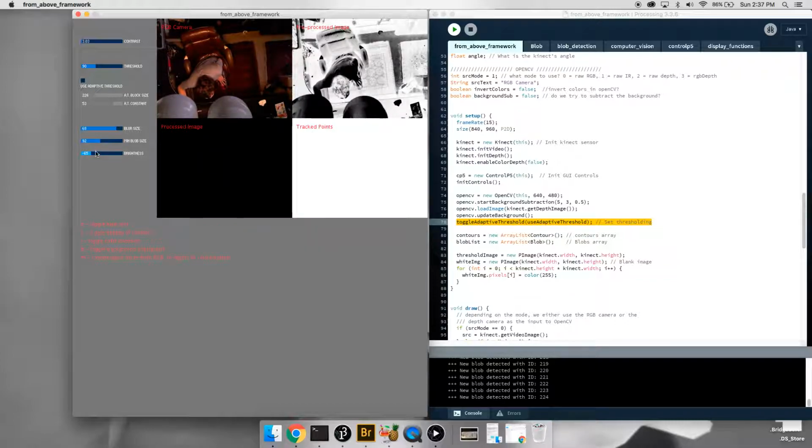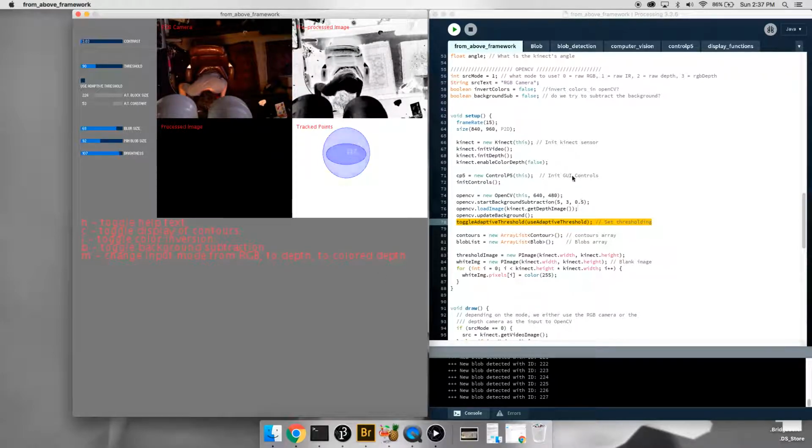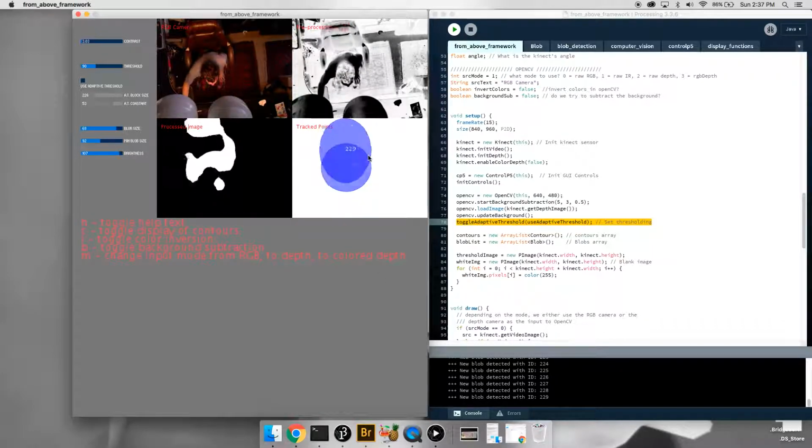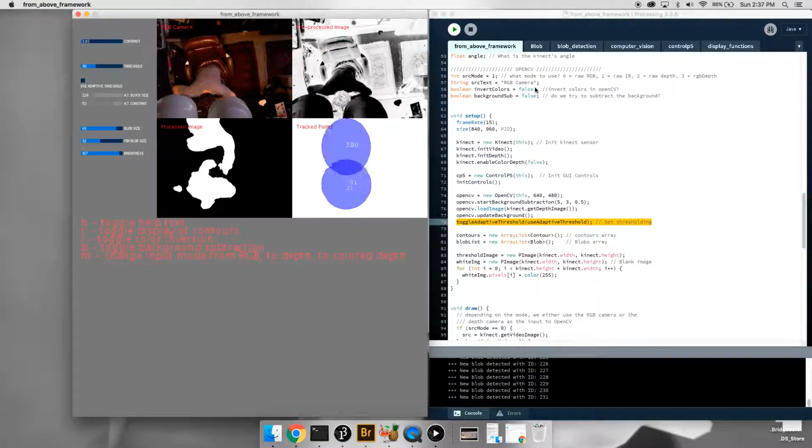And then the very last thing is brightness, which seems to be kind of broken right now. So my bad, I'm going to look in and see what the issue is there. There's some sort of bug in the code. So yeah, hopefully that's helpful. The idea is that you want to look at this tracked points area and then try to get it so that it's tracking what you want and it's giving you what you want. And then what it gives you